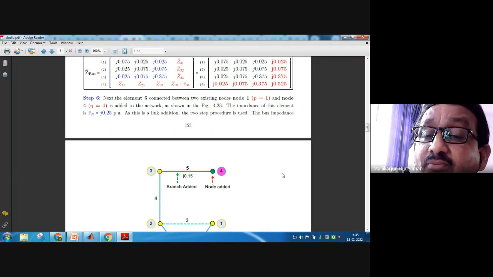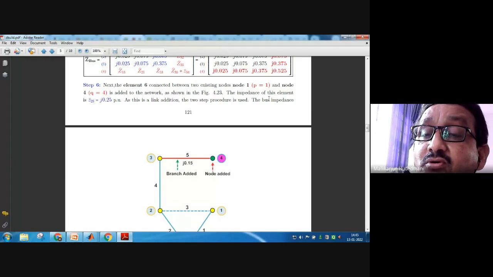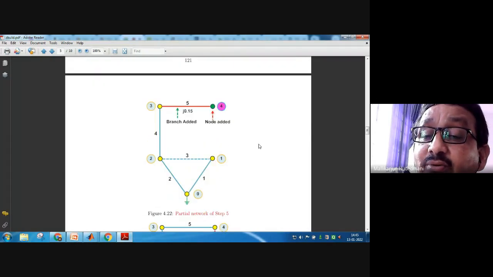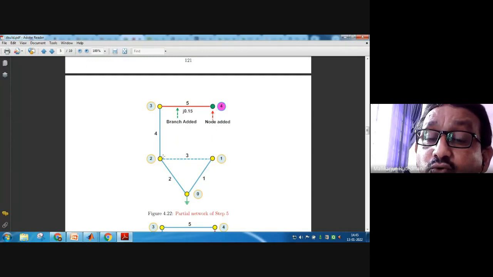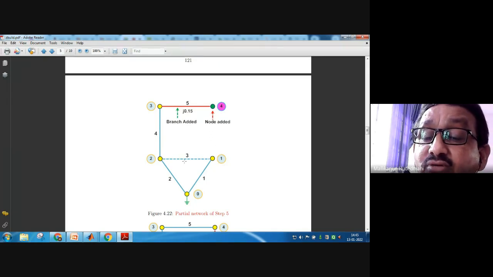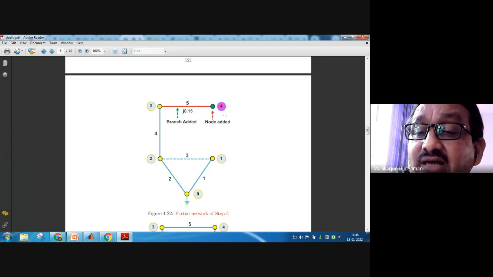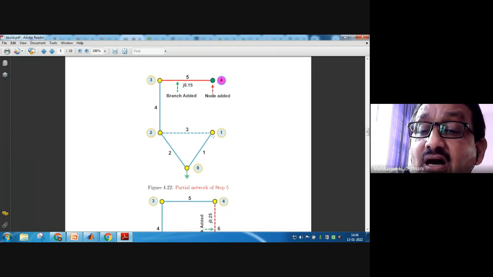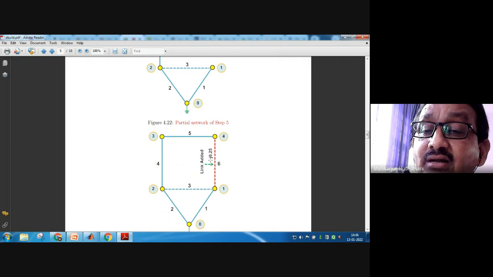Now, all the 4 buses have been addressed, and the 4 cross 4 matrix is seen. Now, the activity remaining is to add 4 to 1 and 4 to 2. Those two are definitely links because 1, 2, 3, 4 are all old buses to me. Anything which I connect to them is a link itself. Therefore, let us see how the activity of connecting 4 to 1 becomes a link for me. So 4 to 1 is J0.25, a link. How is that link